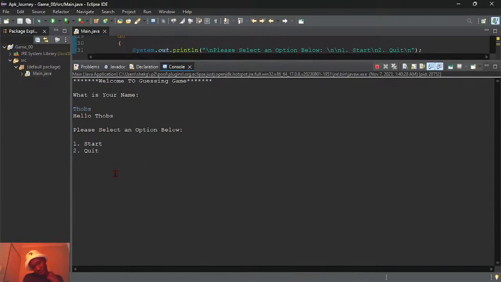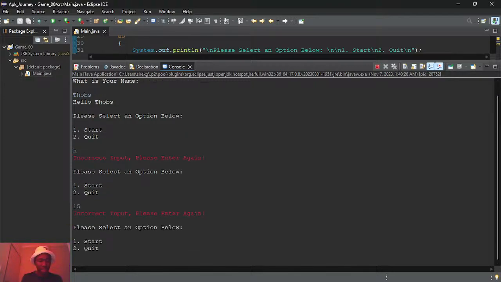So what's going to happen now? Remember, if the user inputs anything, any character or a number which is not 1 or 2, then it's supposed to force the user to enter a number again until the user enters a correct one.